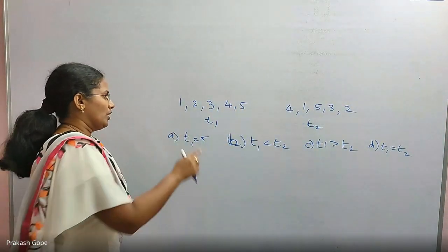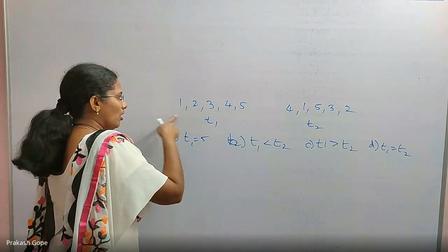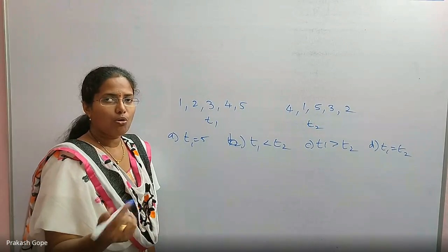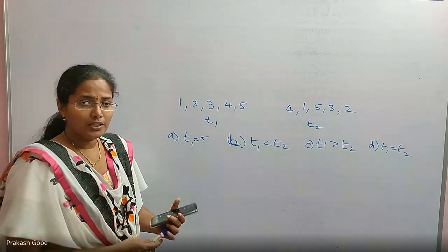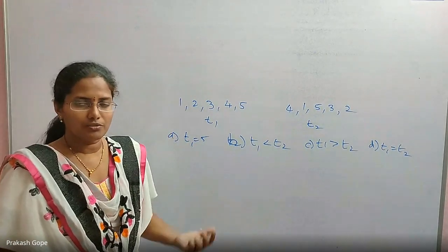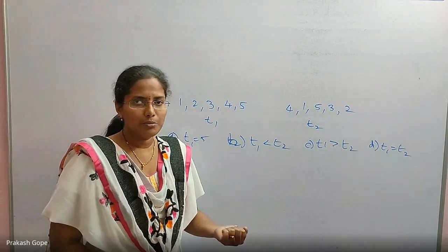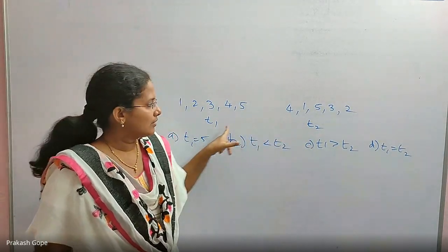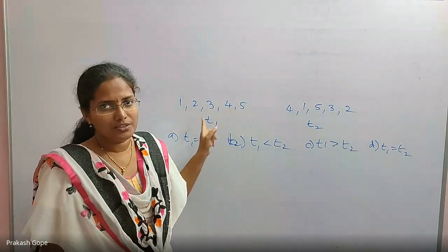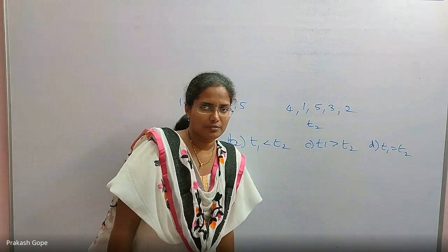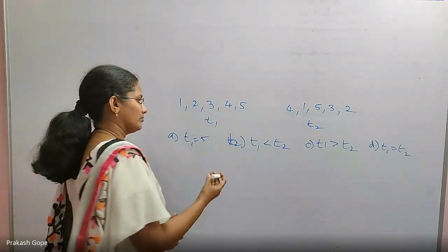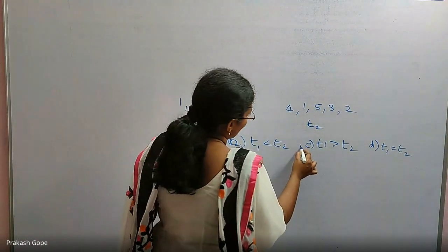Whether the array is in ascending order or exactly descending order, they are worst cases, which means more time is taken or more comparisons are made. Instead of that, zigzag order is better because it is better than the worst case, so comparisons are also fewer and the time is also less. So T2 is less than T1, because T1 is the worst case time. Ascending is the worst case, or descending is the worst case, but zigzag is better than the worst. So T2 is less than T1, or T1 is greater than T2.